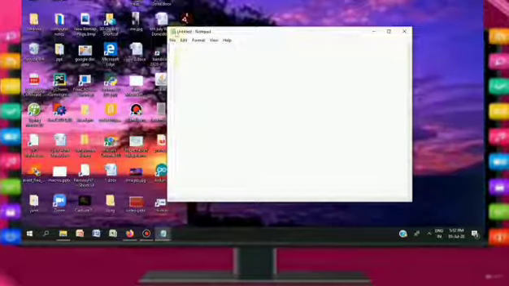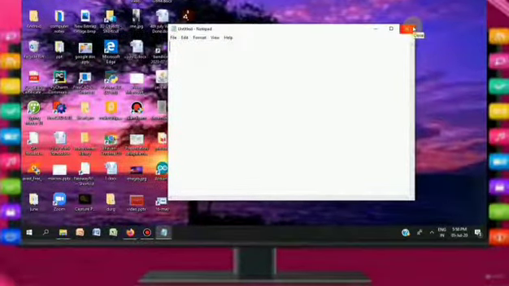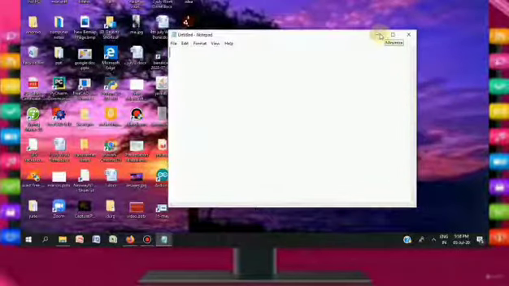You can see the title bar at the top of the window and the menu bar below the title bar. The title bar displays the name of the file. It contains three control buttons at the right corner: minimize, maximize, close.